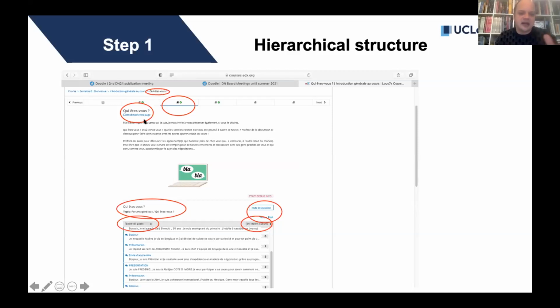And for instance, over here, you see a web page where there's a little forum that's launched and where people are invited to present themselves. Who are you? Is the question asked here. And so as you can see, this forum emerges over here, like in a third step. And once you've interacted on the forum or read the forum messages, you can click on next. And the idea is that you progress gradually and chronologically through a course, and at certain intervals you will encounter